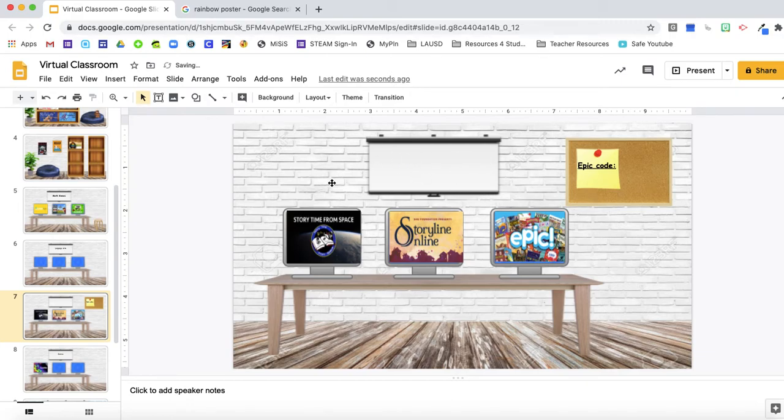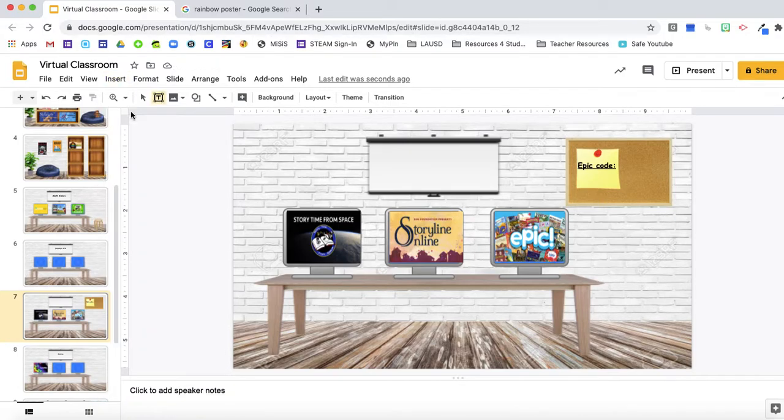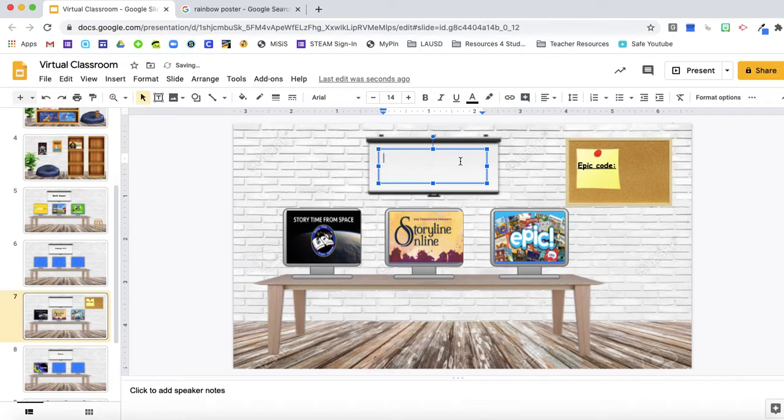I want to title my slide. So I'm going to go to Insert here at the left-hand corner, go to Text Box, and then I can click and drag to the approximate size I want my text box. Then I can write whatever I am interested in. Story read aloud. And if you would like to change the text, you can highlight